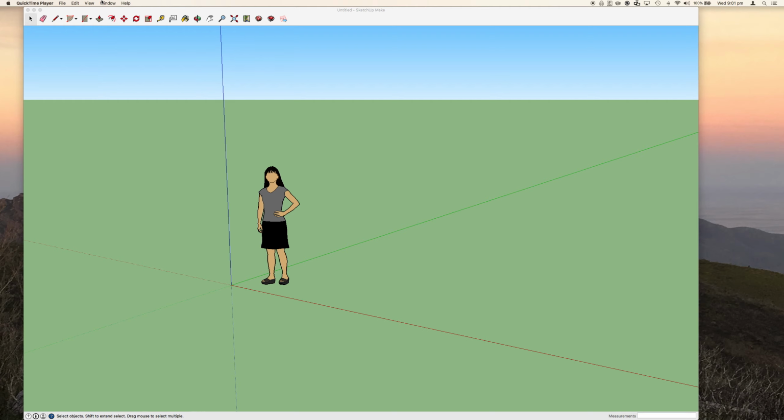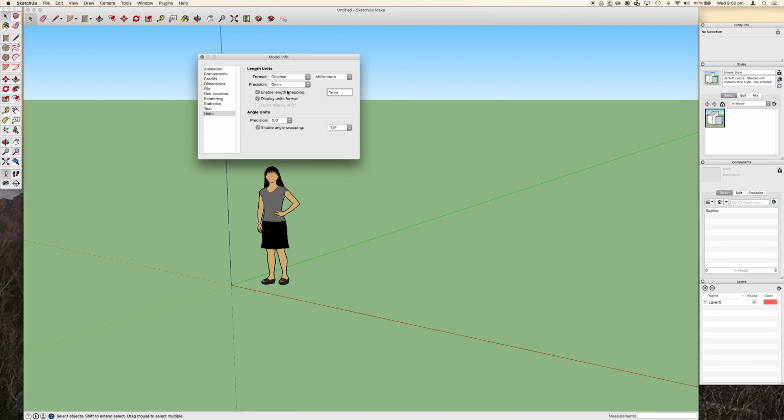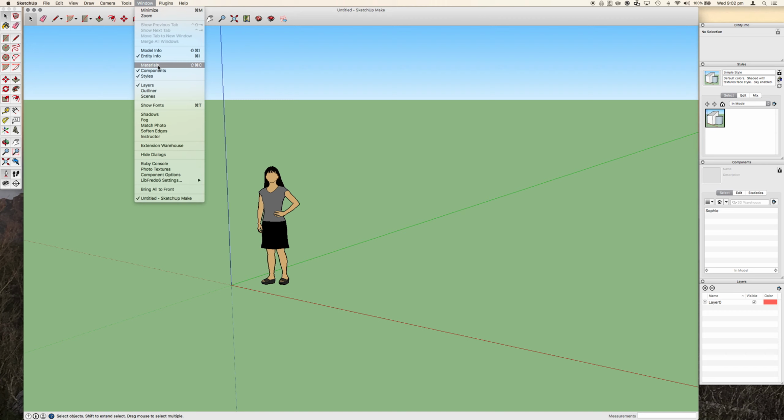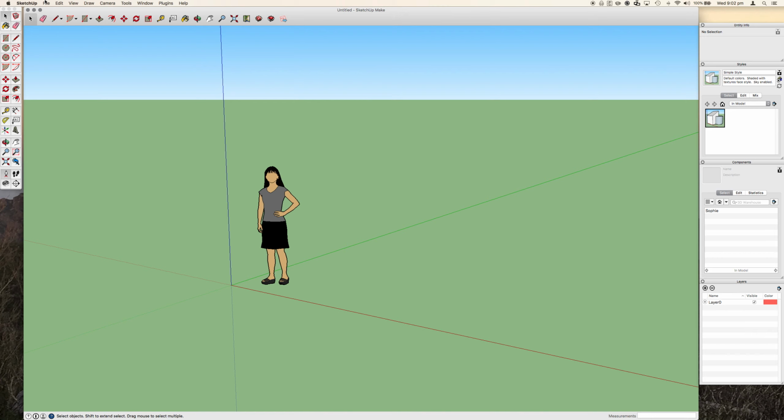Okay, so as I was saying, once you've opened up a new SketchUp model, you may need to change the units by going via the Windows Model Info and selecting units. Then you can import,